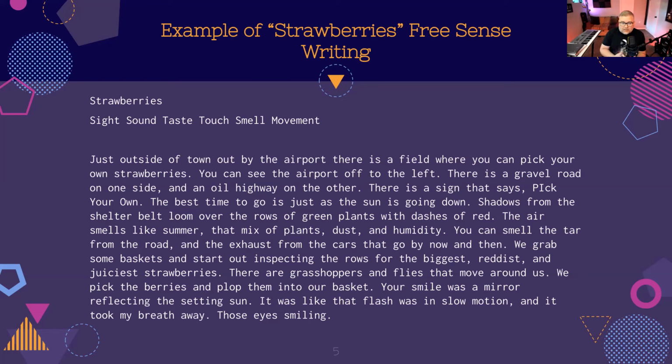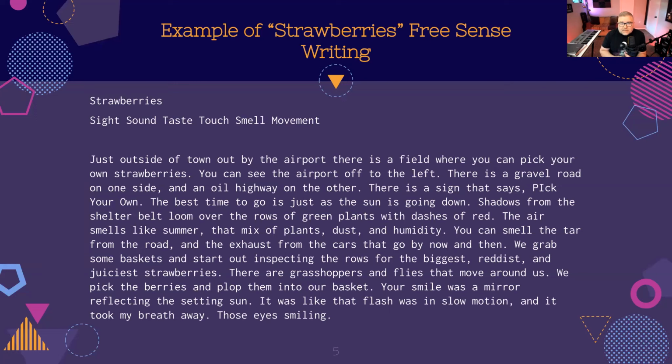Just outside of town by the airport, there's a field where you can pick your own strawberries. You can see the airport off to the left. There's a gravel road on one side and an oil highway on the other. There's a sign that says pick your own. The best time to go is just as the sun is going down. Shadows from the shelter belt loom over the rows of green plants with dashes of red. The air smells like summer. It's that mix of plants, dust, and humidity.